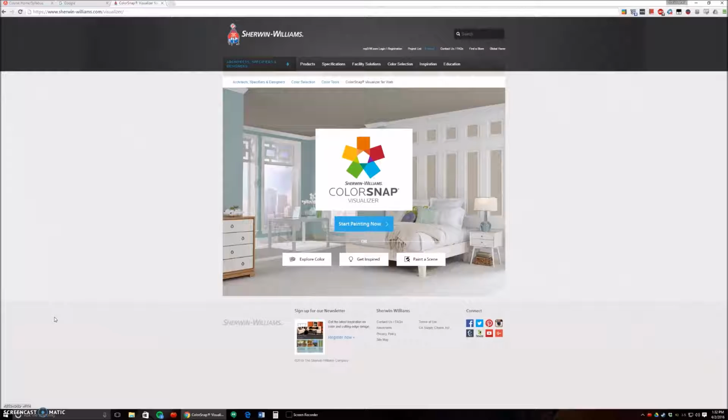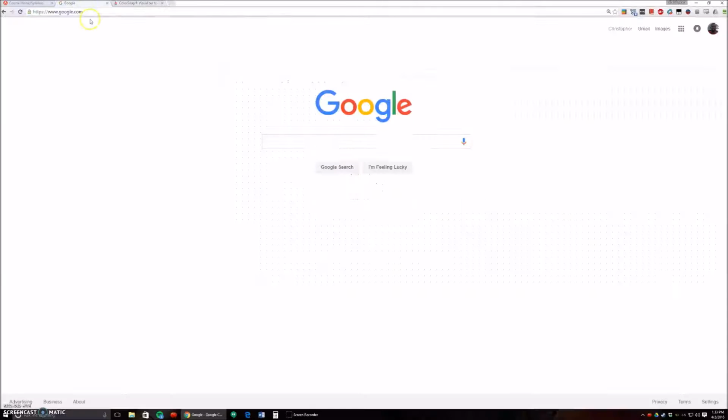The first thing you need to do is find some kind of image. The assignment sheet says to scan and save one photograph of an interior space from a magazine. That's one way to go. Professor Hoffpower also gave you the option of finding a photo online, and that's a little easier, so that's what